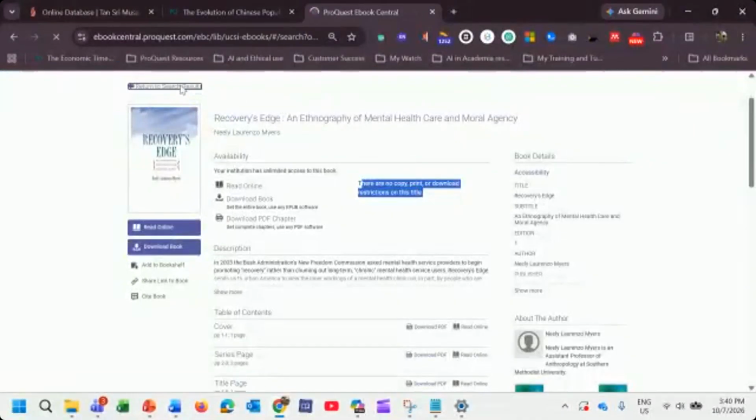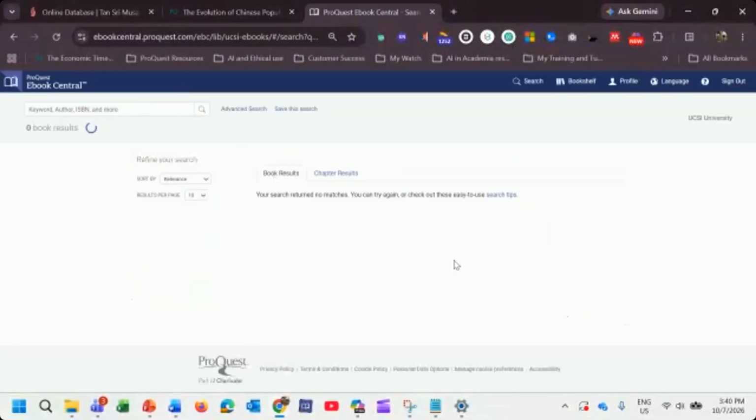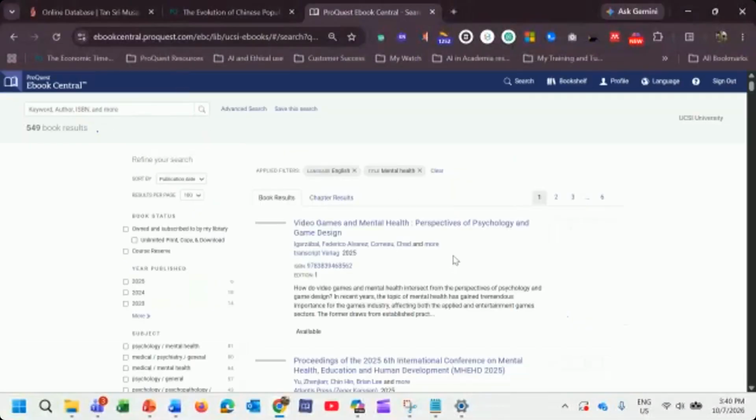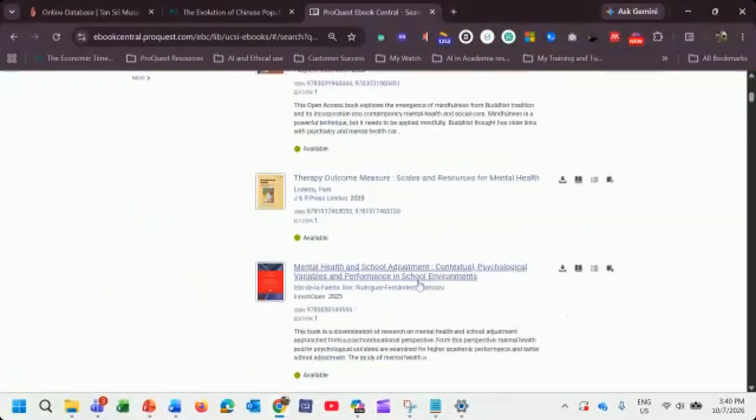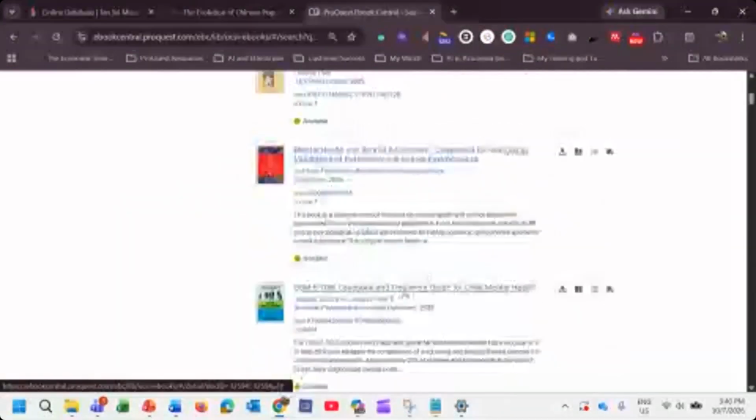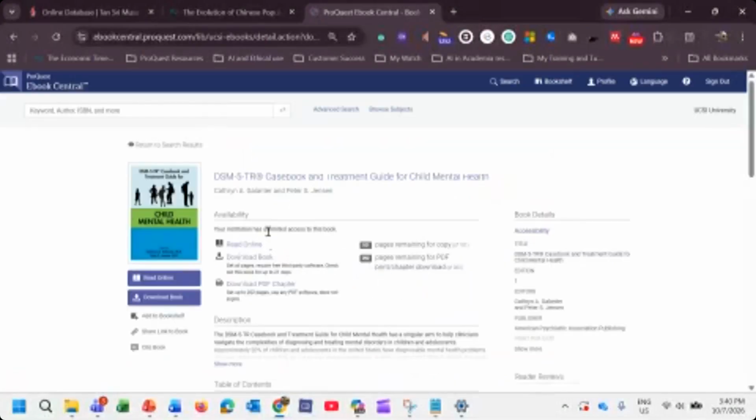Now this is one type of book, but there are books that come with a different message. Okay, here. This is again unlimited access, but this one has a number indicated.